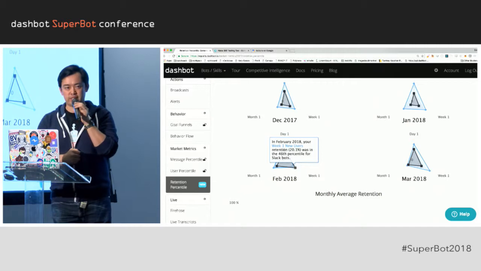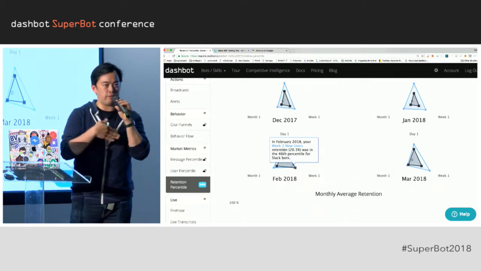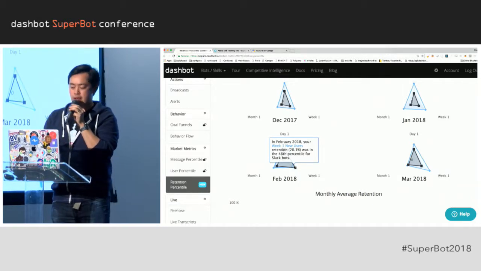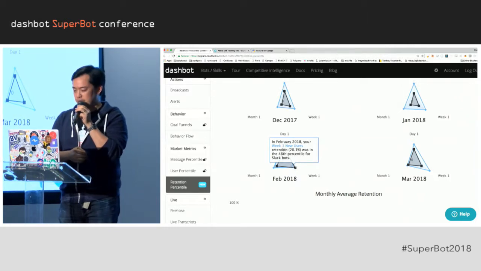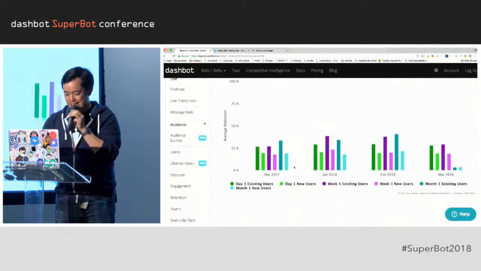We actually fell to the 46th percentile in February. So even though my week one user retention for GameMonk improved, and I was very happy about that, the other bots in the ecosystem improved better than I did. So we can do better. But we're busy building analytics and not this game bot, so we're OK with that.